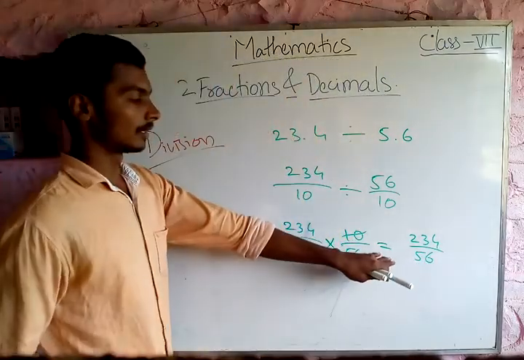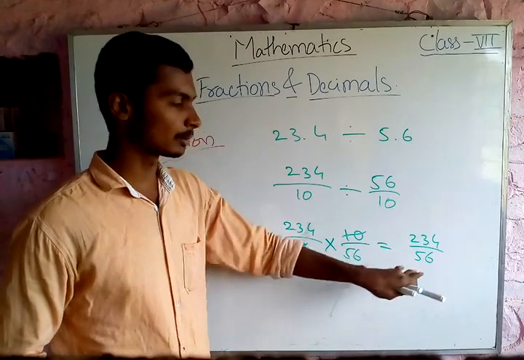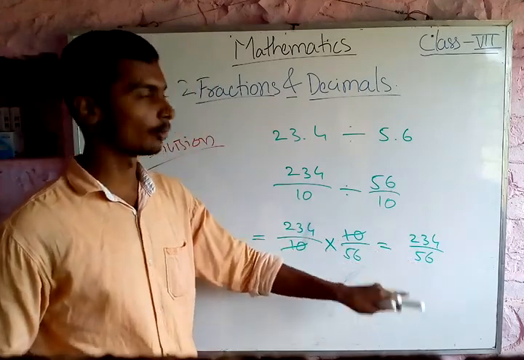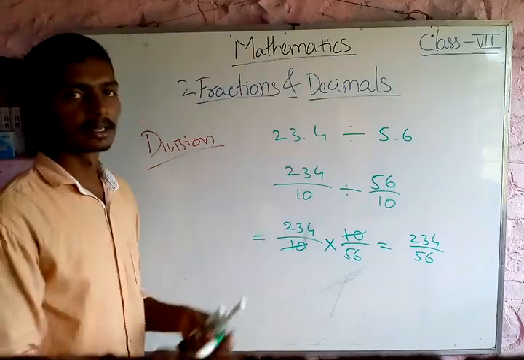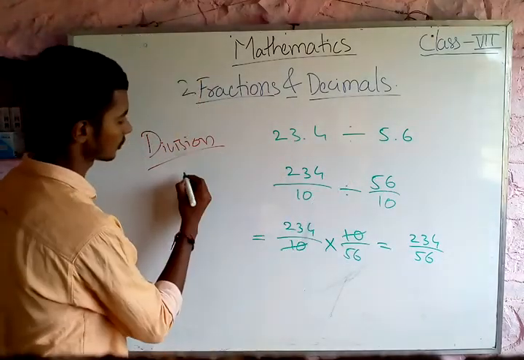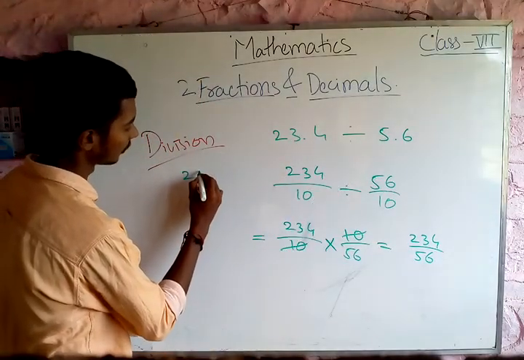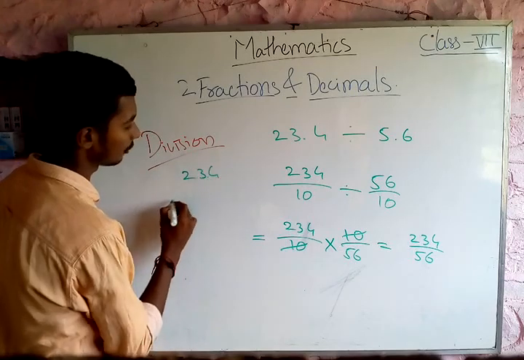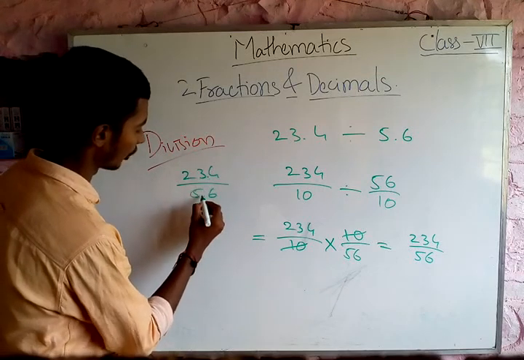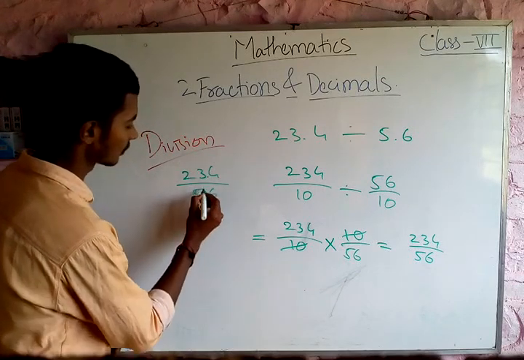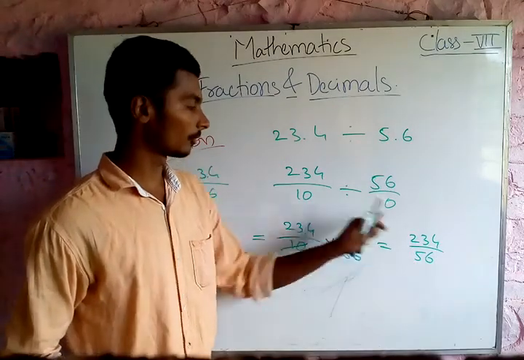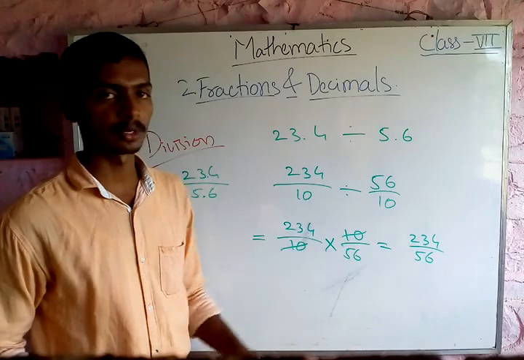56. Okay, see, this is not the simplified answer, or you can either keep the result in fraction form, or you can directly divide this and get the result in decimal form. Okay, this is similar to this. Okay, now see here, in this case we have 23.4 divided by 5.6. In this case we have decimal points. So in this case we have decimal points before one digit, and here what we have simplified, we got that there is no decimal point.